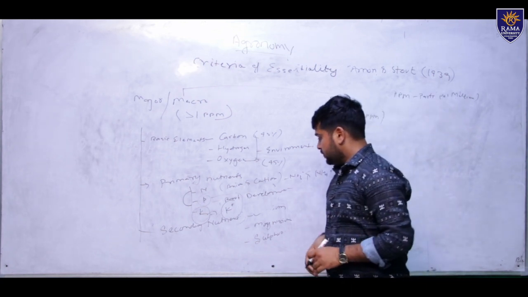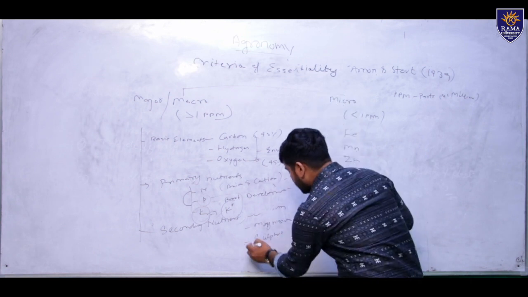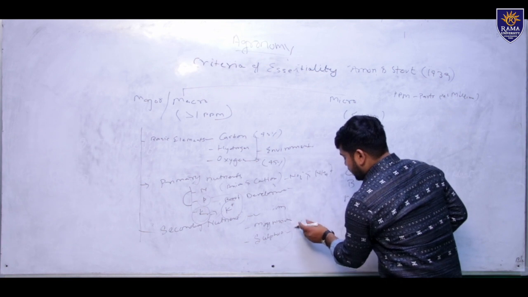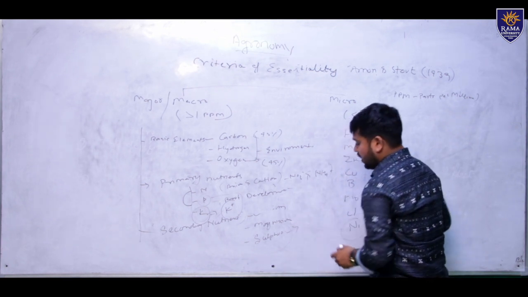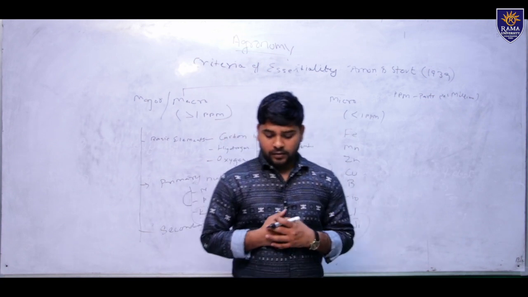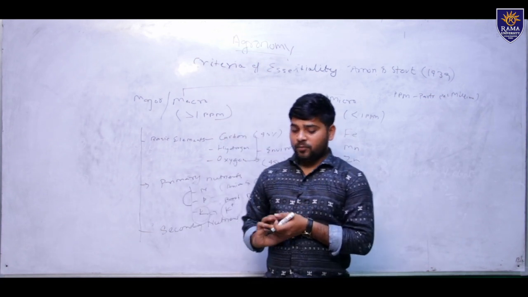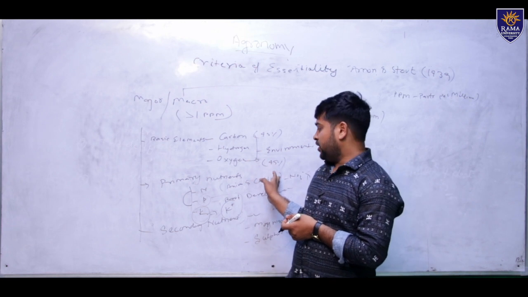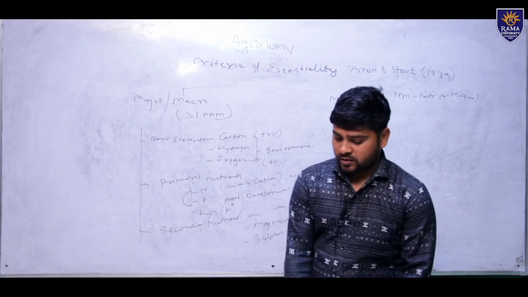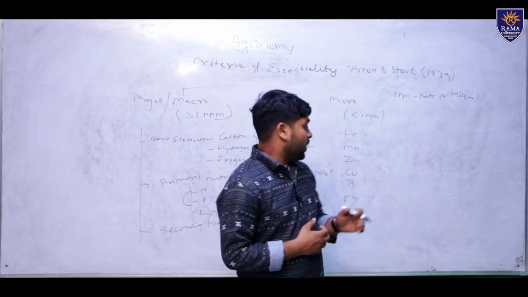Okay. Then what are the uses of sulfur? Sulfur is used in cruciferous plants for oil production. It is also a component of protein. Then we discuss microelements. We will discuss microelements like